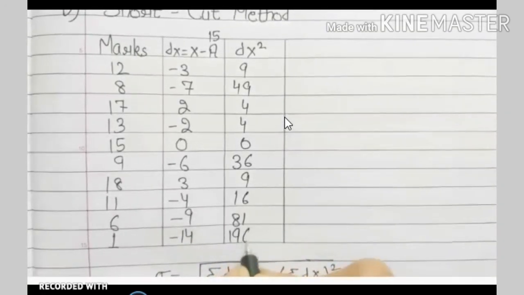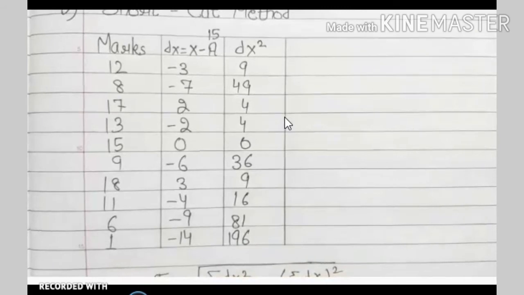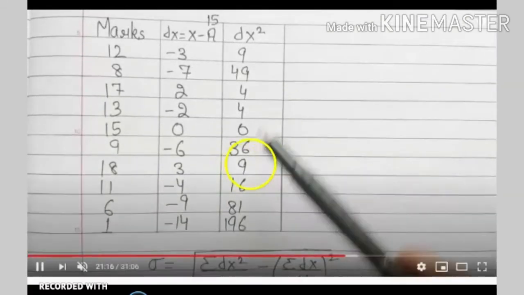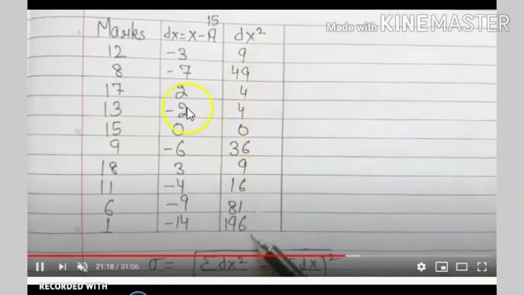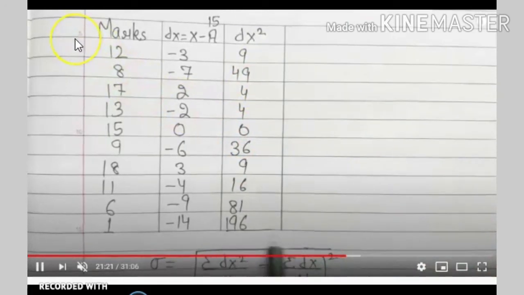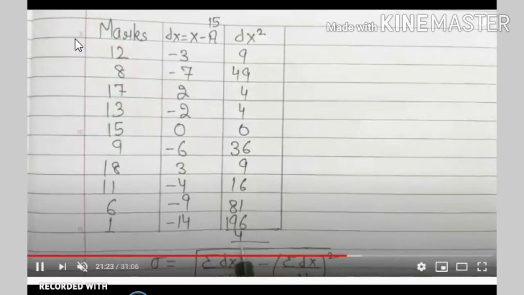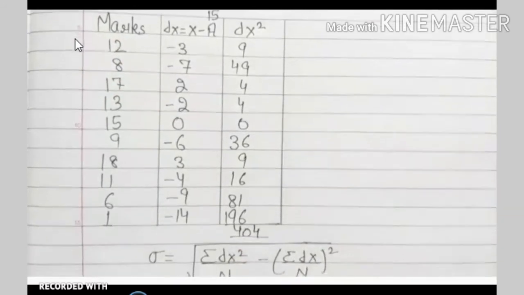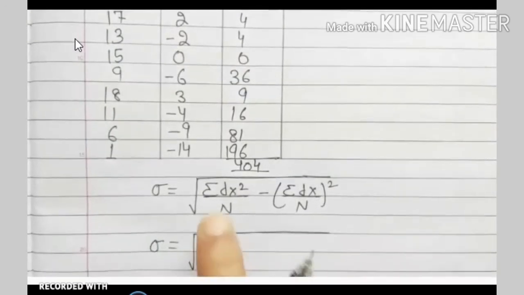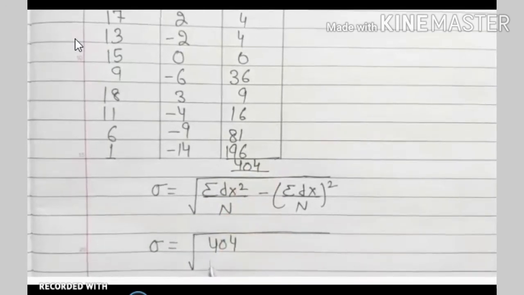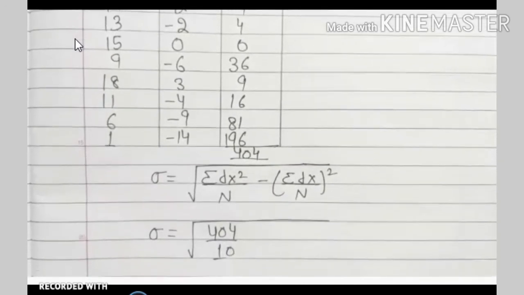Then 196. So you know the formula. What's the formula? Sigma equal to root of sigma dx square by n minus the sigma dx by n the whole square. You have to first find the total of dx square. What does it come to? It will be 404. So it has been substituted in the formula: root of 404 divided by 10. You know the number of values, it's 10. Divided by 10 minus